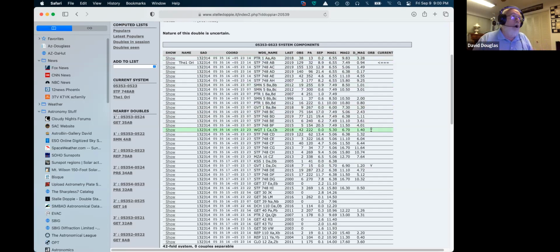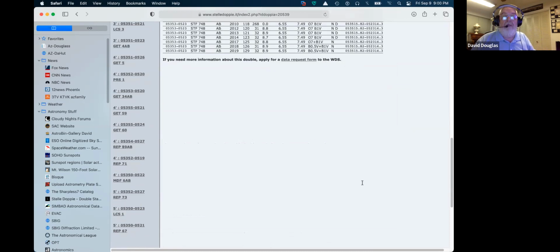If you have an orbit, you have a pair of stars that are tightly bound to each other. Now, the nature of this double is uncertain, but what that's addressing is what this line is. And that's just that one pair, which is the AB star. But this one and this one have calculated orbits, and that information usually,